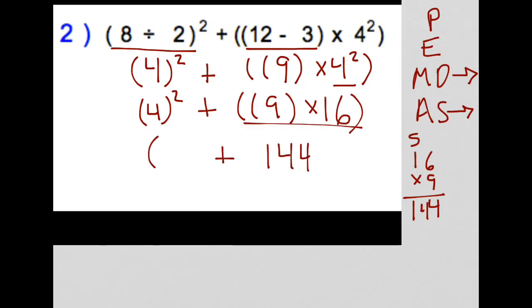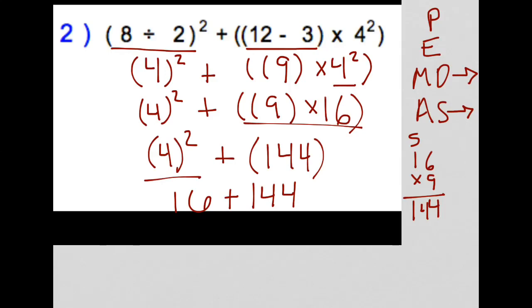plus 4 squared. Because there's nothing to do in parentheses for either one, it would either be adding those two together or doing exponents. Since exponents comes first, I'm going to do 4 squared. 4 times 4 is 16. And then 16 plus